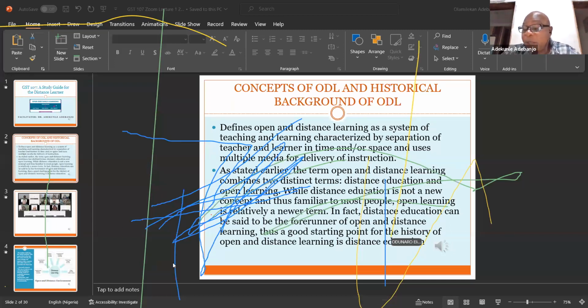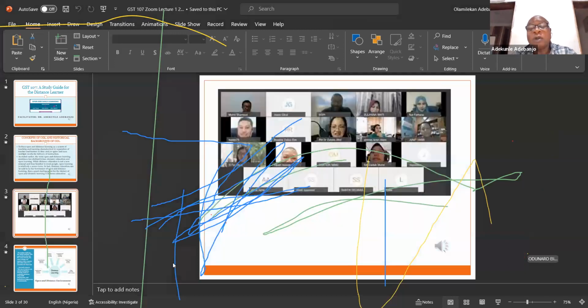So, the boy just packed his books and started reading along with his friends. Lo and behold, do you know that he came out victoriously and the best student in that year, 2015, the best student in the University of Ibadan, all over, was given a scholarship for PhD. So, that is what this exercise is meant for. You can see now, at this level, this is what we are enjoying.